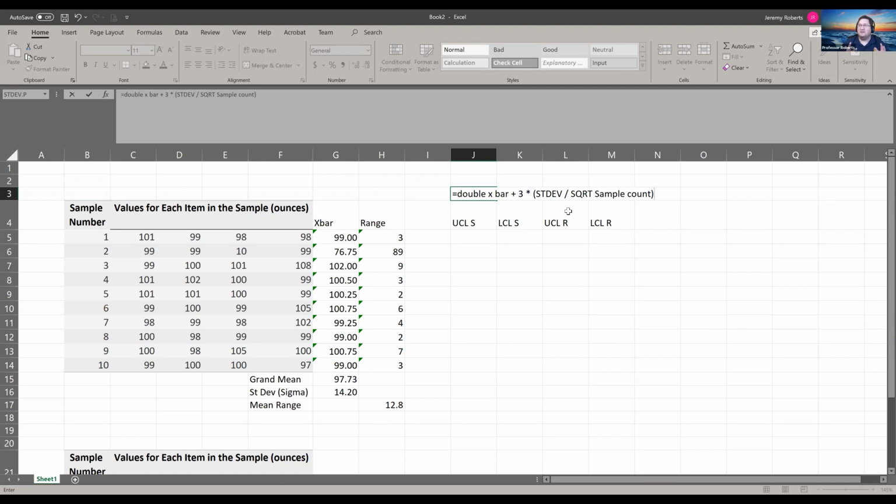So that is our formula for the upper control limit. And it is identical for our lower control limit, but instead of adding, we're just going to subtract. Does that make sense to you guys? Okay, I got one thumbs up from Ryan. Got a nod from Peyton. Okay, cool. All right, so let's go ahead and put that in